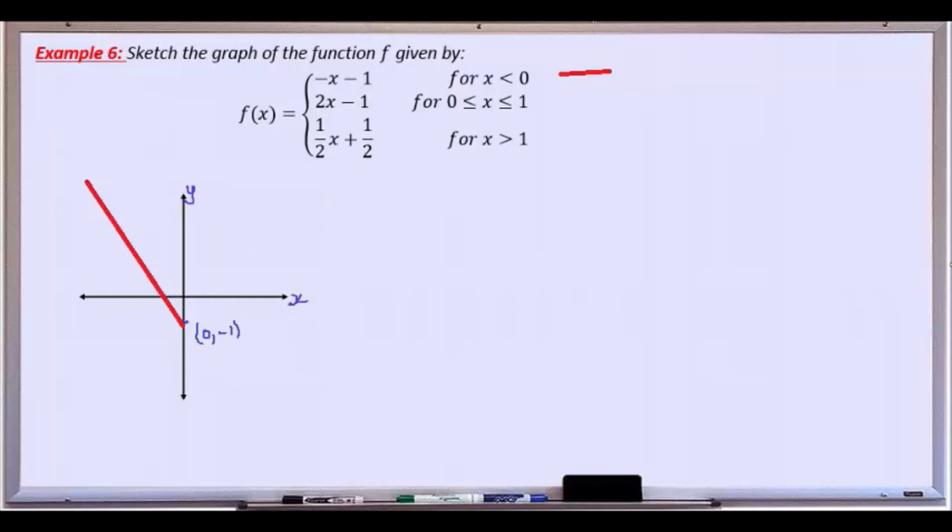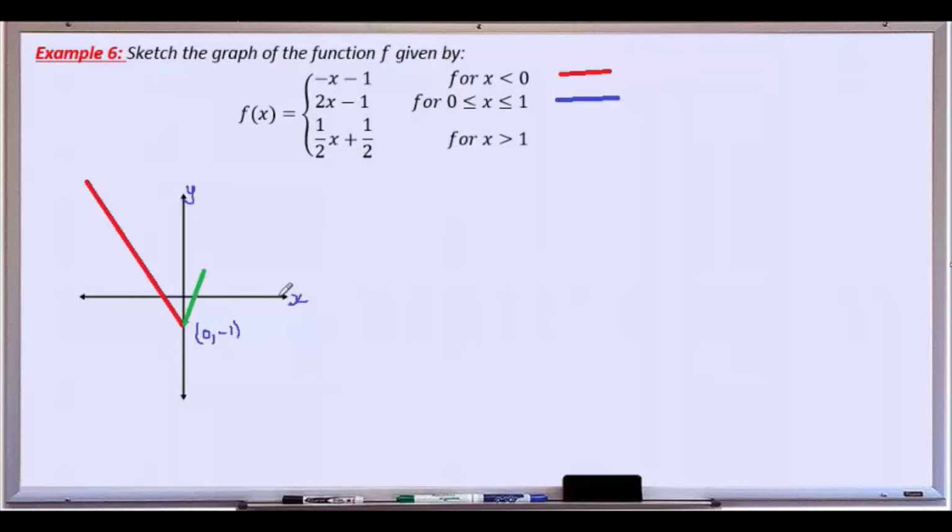We'll do this one in another color. And we have a line that has a gradient of 2 and a y-intercept of 1. A gradient of 2 will look steep and positive. So it'll look like this. So there's my green one. And that'll finish